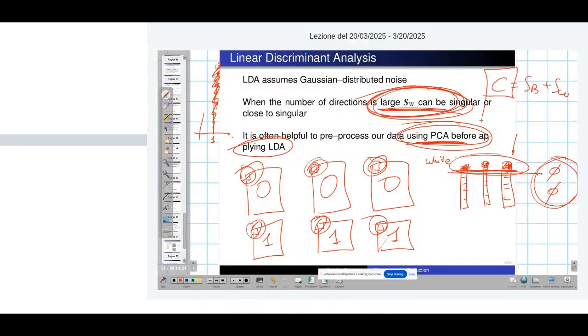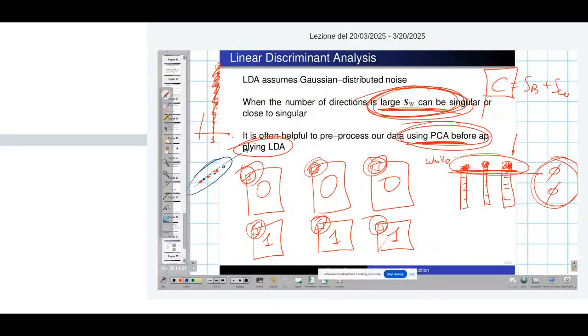If we remove directions with low variance, we are also removing directions with low within class variance. If a direction has a large within class variance, then the variance of the dataset along that direction is also large. Makes sense. If my classes are spread with respect to the class mean, even if the class means were perfectly the same, the variance over that direction would be large because there will be lots of spread among